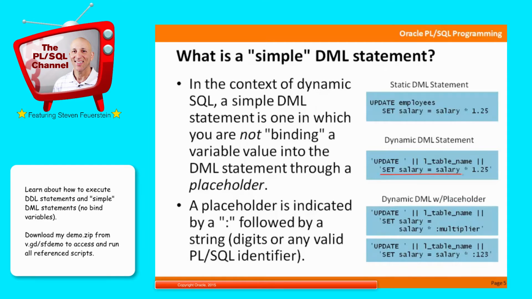Here are some examples of dynamic DML with placeholders. So I'm going to update the specified table, and I'm going to set the salary equal to salary times a multiplier, but I don't hard code the 25% increase here. Instead, I use the colon and then a name, or I can use a colon and a number. So the placeholder is a place where you can actually use a number like 1, 2, 3, as a quote-unquote name. Usually in PL/SQL and Oracle, you have to preface a name with a letter. So there's a slight exception here. So this is an example of a placeholder,